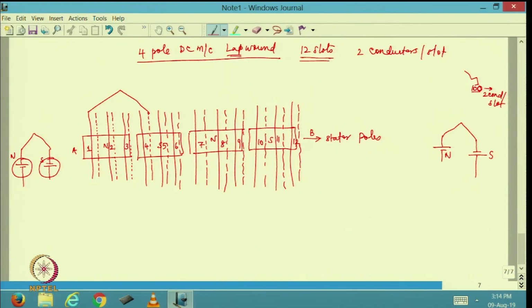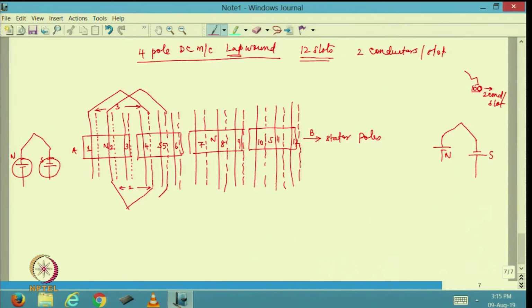Okay. Now, this is north pole. This has come out like this. It has to go back essentially and it will end up in this. So, you can understand that from 1 it has gone into 4 backward conductor, from 4 it has come back to 3. So, backward side pitch is 2 slots behind, that is 4 minus 2 is 2. So, this is essentially 2 slots behind, whereas this is 3 slot forward. Okay. Now, it has come to 3, 2, from 2 it has to come to 5, 2 plus 3, 5.